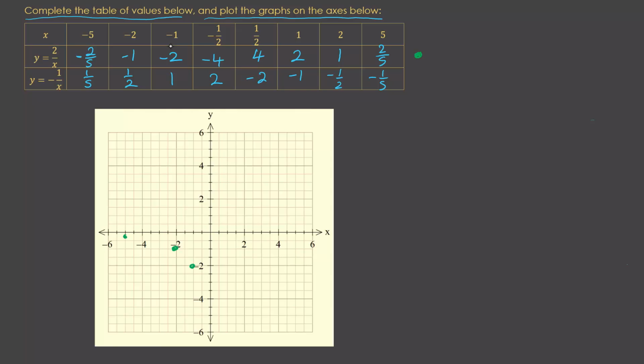And -1/2, -4 would be here. And so I can see that, because we know the general shape of a hyperbola, we